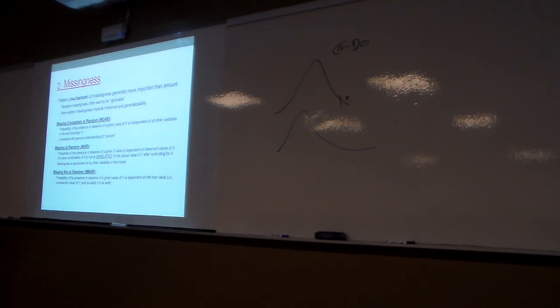But if I didn't collect mood at the front end, and I don't have a measure of mood, then what I've got is missing not at random, right? My values are missing because of some systematic other variable that's not included in my model that I don't have access to, right? I can suspect, like, I think what happened is that people just got tired of doing this, got angry, and then stopped.